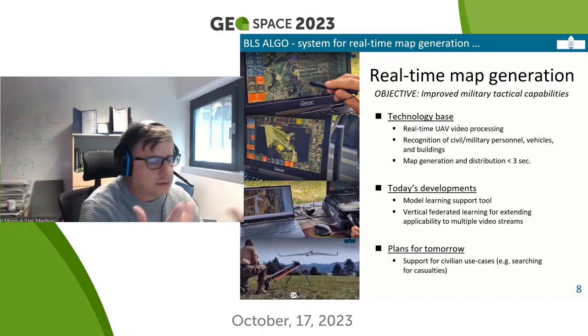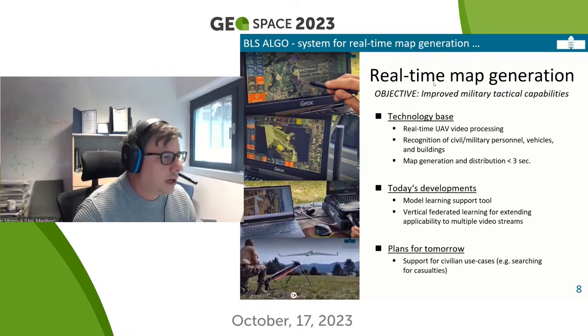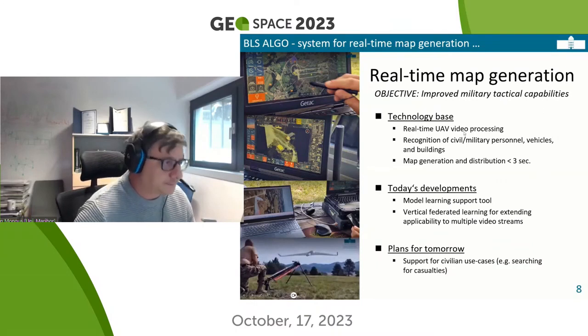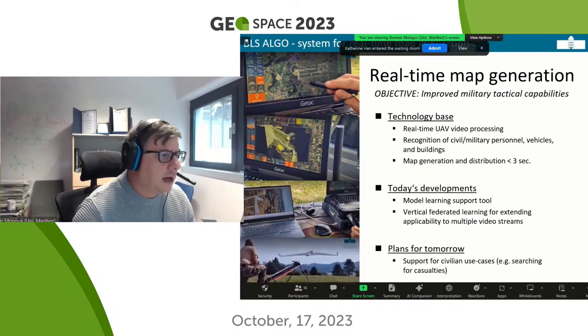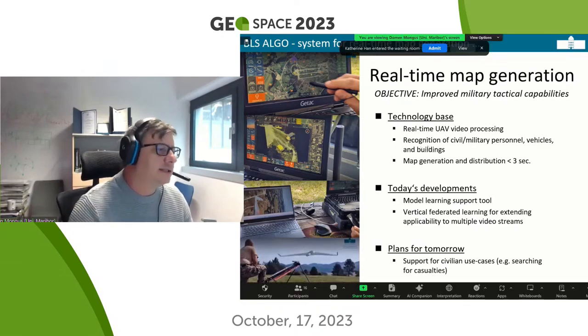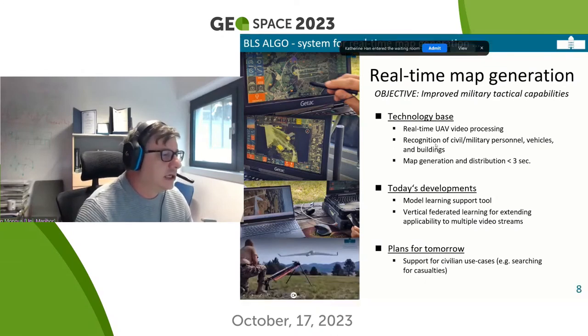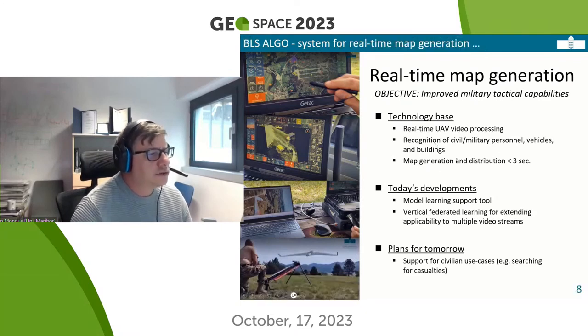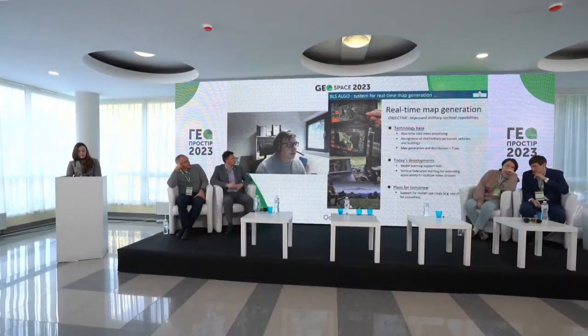In this particular case, we developed a system that allows for capturing video with a drone, whatever kind of camera you have on the drone, as long as it is NATO standardized. The video stream can then be registered into our platform for real-time video processing. This video processing detects the particular objects that we are interested in, and produces a 3D map, which can then be distributed.